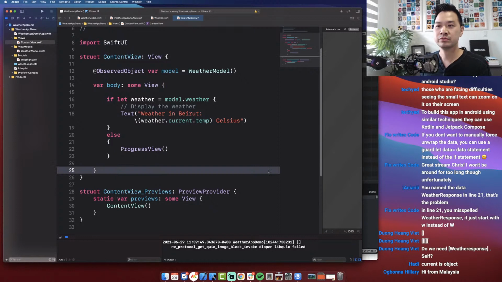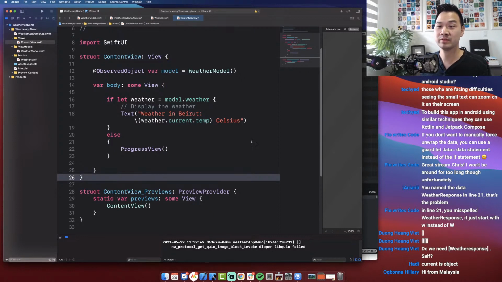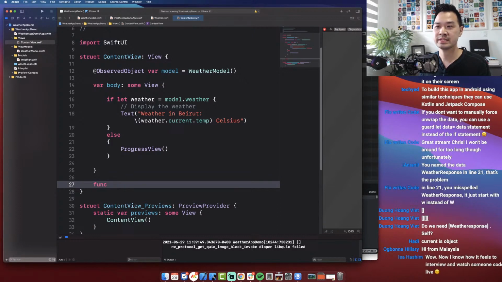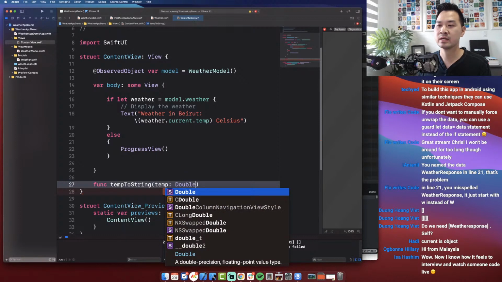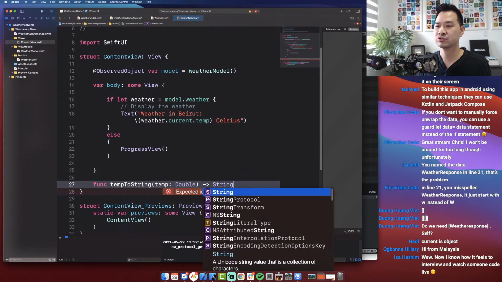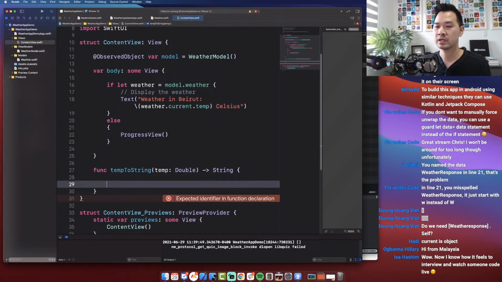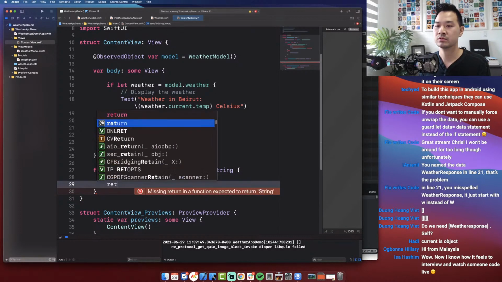So what we can do, since we'll probably have to do this a couple of times, is create a function here to, let's say, how about temperature to string? And this is going to accept the temperature in double and give us a string back. So in here, we're going to say that I want to return